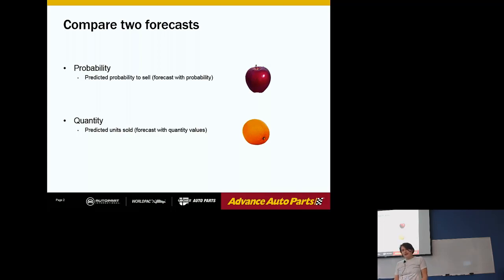And usually it's pretty standard procedure. You choose a metric, something like mean absolute error, mean absolute percent error. You compare those errors. Sometimes you group by and compare for different groups. You show that this is slightly better, maybe a lot better, and you proceed. In our case, that was not possible because we had very different things on one side and on the other side. So this is the story about how we compared those two very different things, which I called apples and oranges in this presentation.